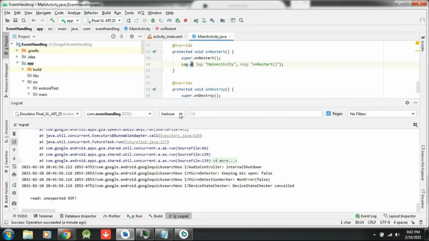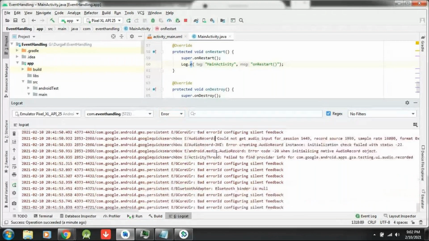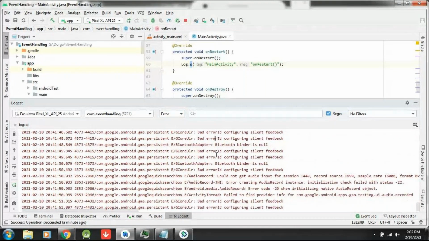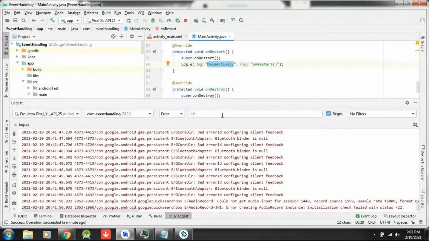So just make this as error. When I select this as error, only red color messages are showing, but in that also I am unable to see, so many messages are there. So whatever tag I have written, that tag we can use here. What is the tag name I have written? MainActivity, that I am using here, MainActivity.